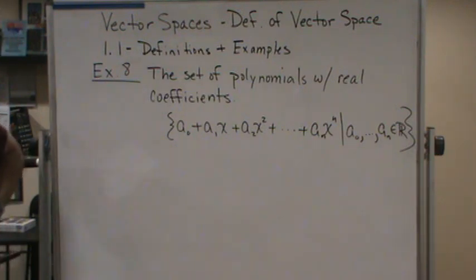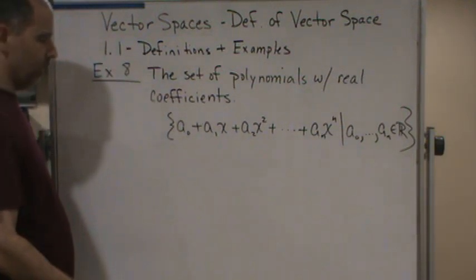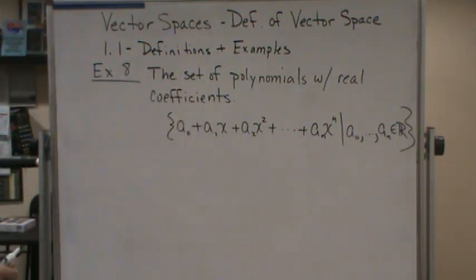So when we talk about this set, by the way, this is also a vector space, we can look at this like an infinite tuple, right? Just like the previous example where we had infinitely tall vectors, this would be like an n-tuple, an infinite tuple, right? So the correspondence would be to the